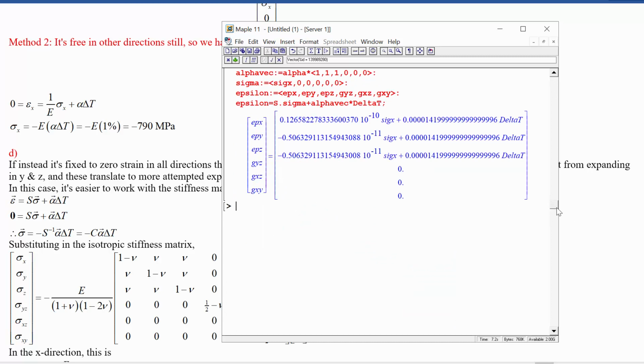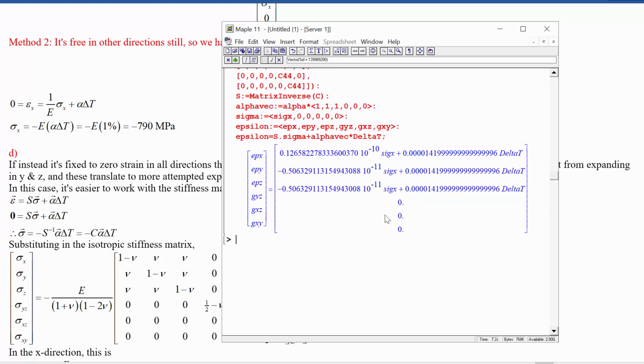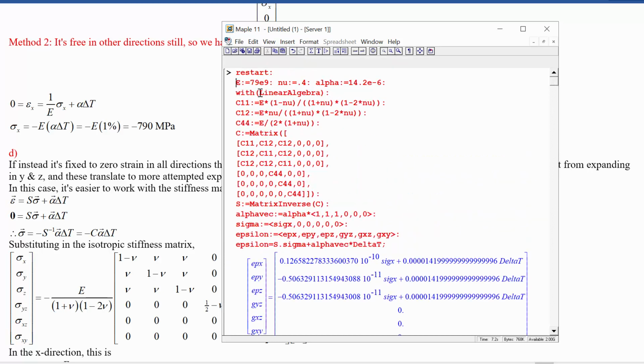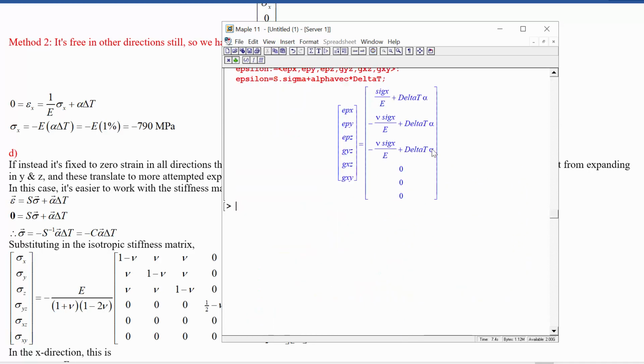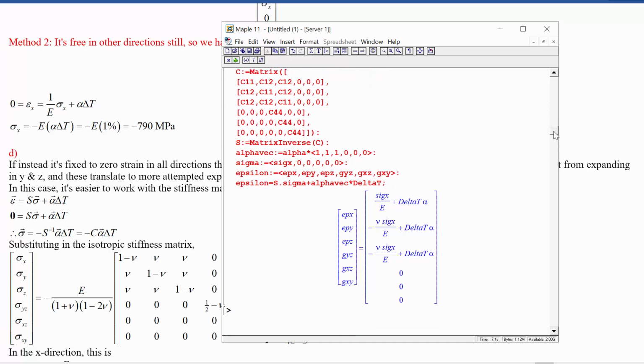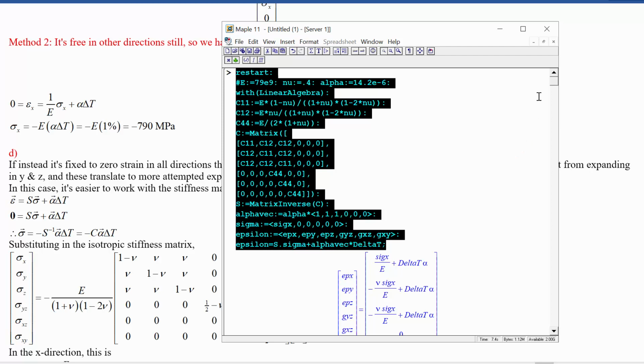So just knowing that the stress is 0 except in the x direction tells you immediately how we've got epsilon x related to sigma x and delta T. It's a little bit more obvious if we get rid of the material parameters and look at this by itself. So by not substituting in what E and nu and alpha are, then we can see directly how the strains in each direction are related to the x stress and the temperature change in the situation that all of the other stresses are equal to 0. We could redo this same setup